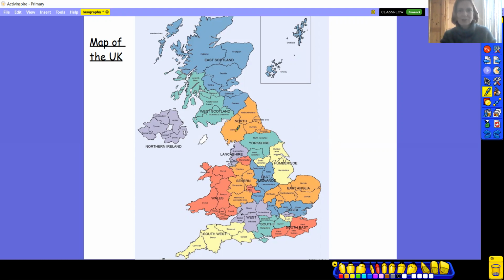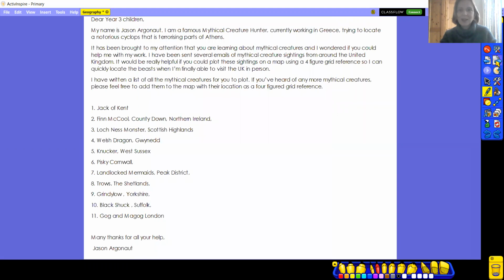Let's try a county from a different country that makes up part of the United Kingdom. Let's try County Antrim in Northern Ireland. Can you find it? That's it, well done. That's County Antrim there. Now you may think Northern Ireland looks a bit weird, and it does, because actually here it should have the rest of Ireland. But because this is the map of the UK, this map hasn't included the rest of Ireland, it's just included Northern Ireland. So that's why it looks a bit weird. Right, okay, if you want to do any more, I'm sure your parents will help you to locate some counties. So let's go to the next slide.